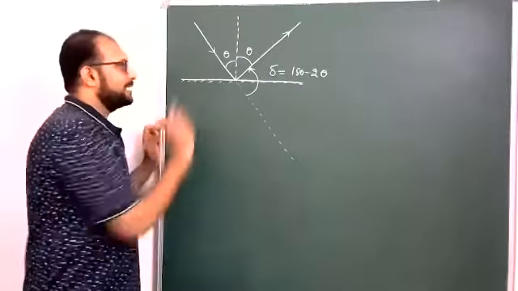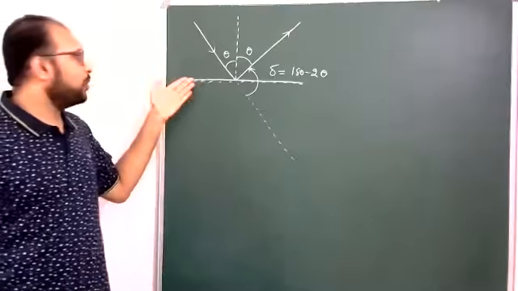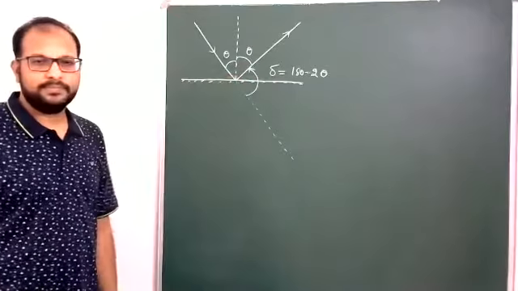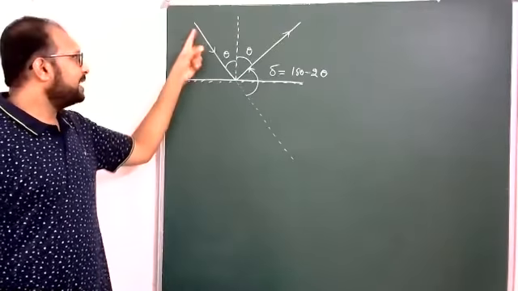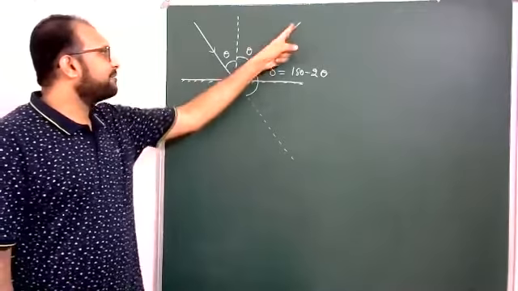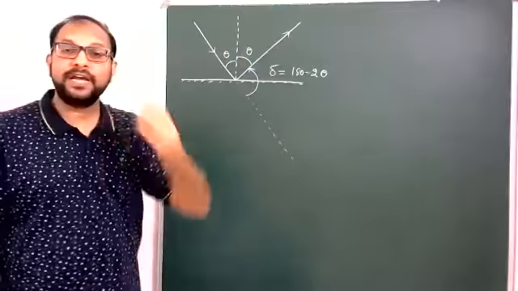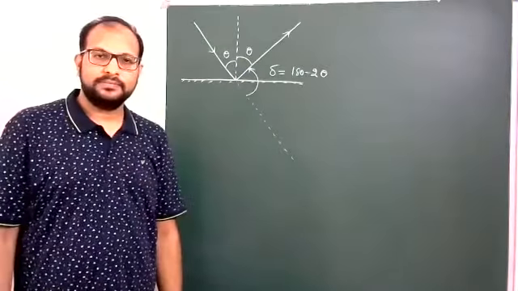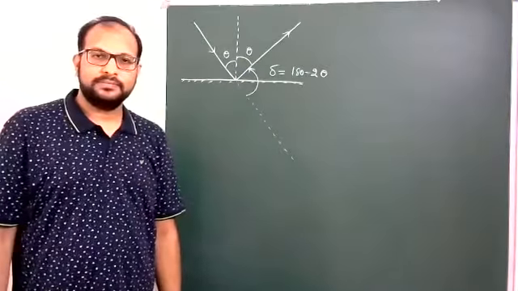Okay, right. This is due to only one reflection. Here, the light ray is undergoing only one reflection. This is the angle of deviation after one reflection. Now, next I will take a combination of two plane mirrors. In that, after two reflections, what is the angle of deviation? Next we are going to find out.